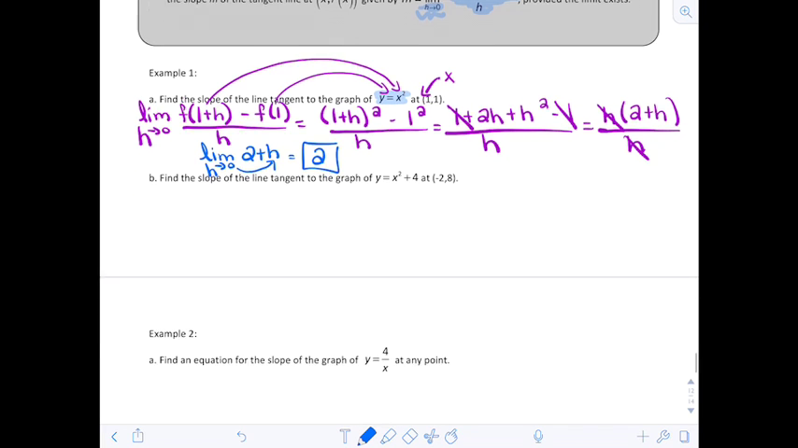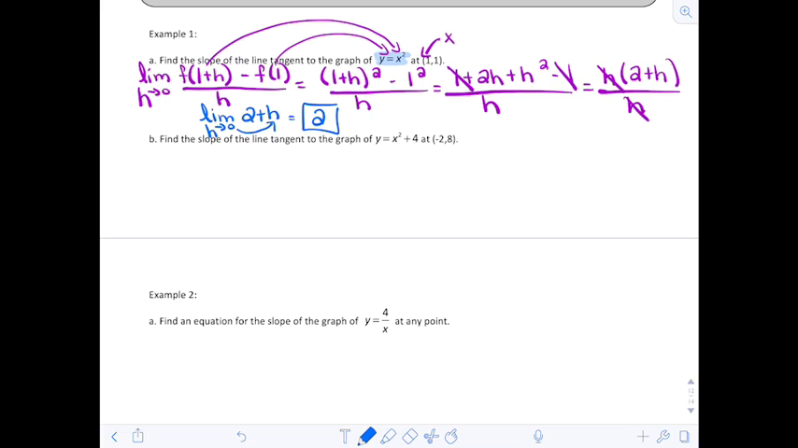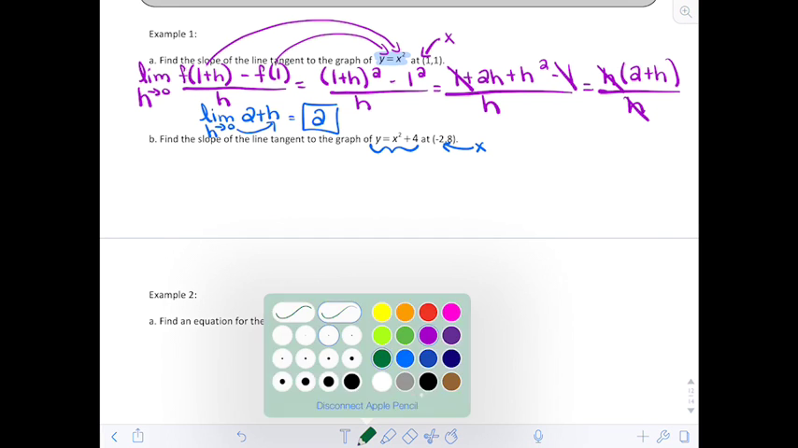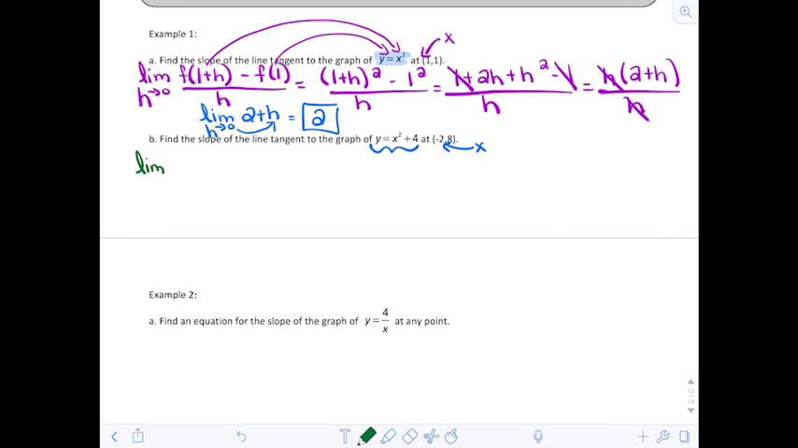Okay, let's try b. So now we want the slope of the line tangent to the graph of y equals x squared plus 4 at negative 2, 8. So negative 2 is my x value that I'm going to use, and my function is x squared plus 4. So we're going to have the limit as h approaches 0. The first one is f of x plus h. So I'm going to take f of negative 2 plus h minus f of negative 2 all over